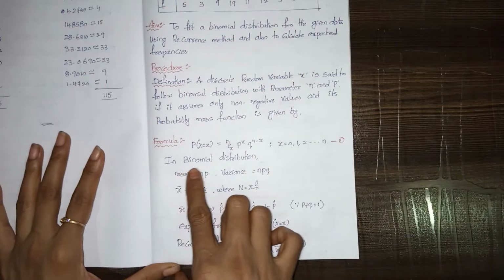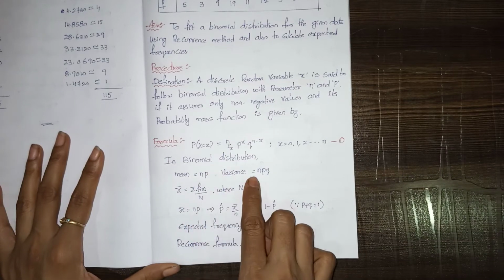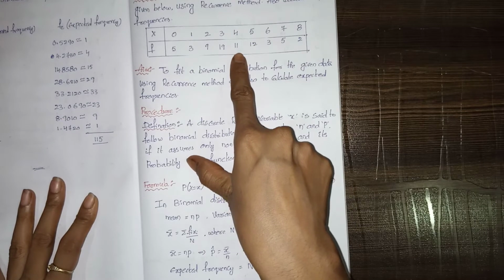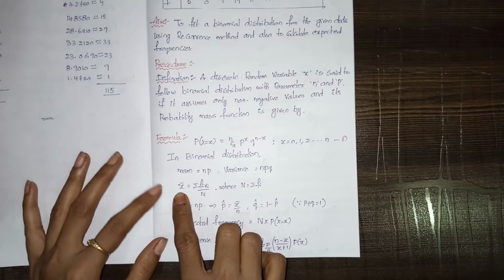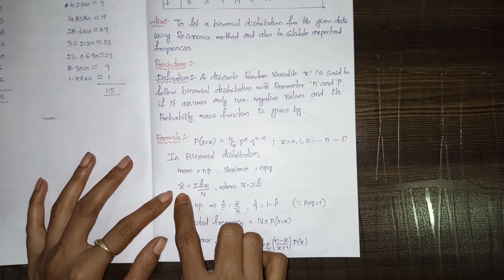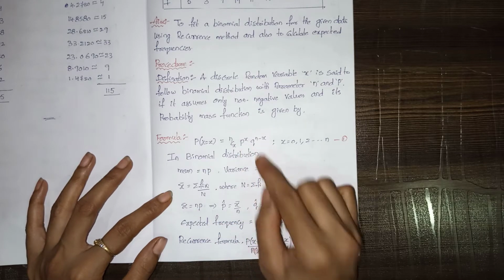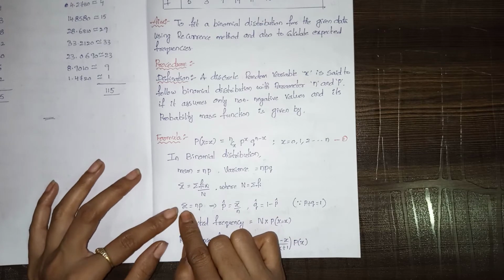Now in binomial distribution we have mean and variance. Mean is np and variance is npq. So this is a discrete series. By using this formula we can calculate the mean, which is x bar. Why do we have to calculate x bar? We have to find the p and q values in order to substitute. If you want the p value, the formula is x bar by n. So indirectly we have to calculate x bar.